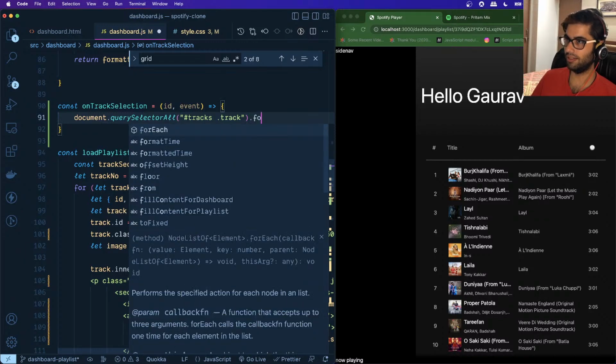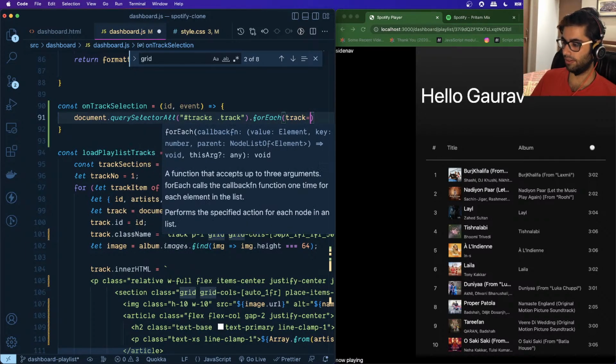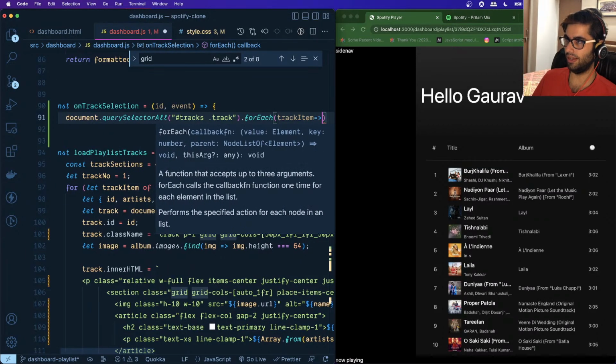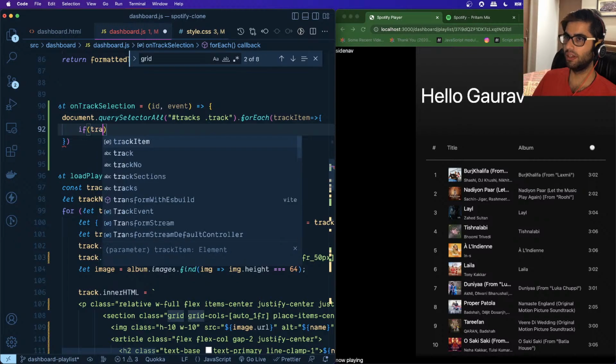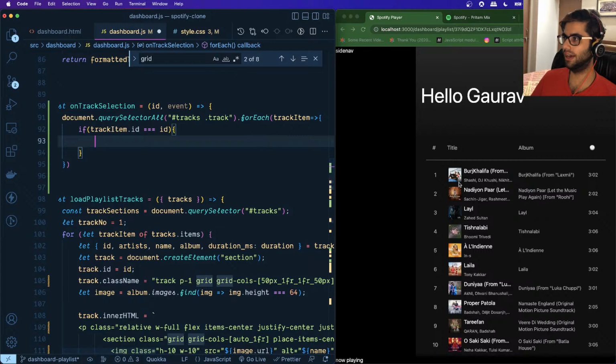So all of the tracks that we get, we'll say forEach track. This will give us a list of all of the tracks which are there. So let's call this a trackItem, and we want to check if trackItem.id equals the id,